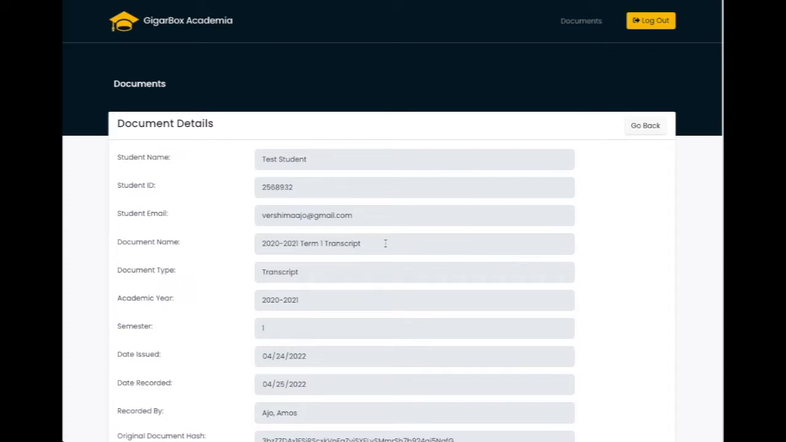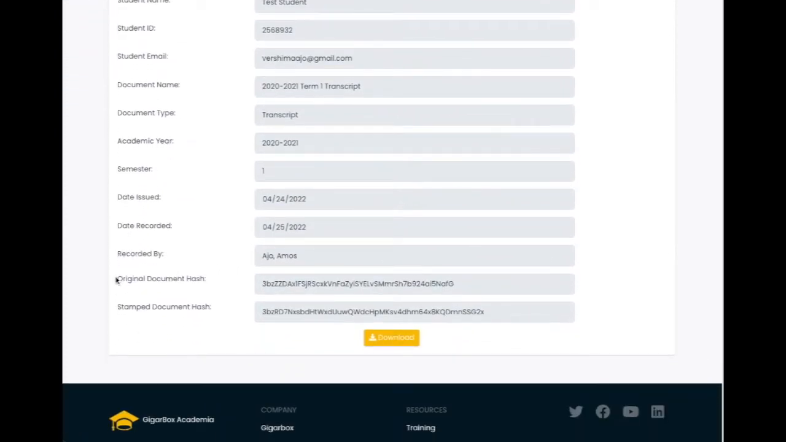So other than the metadata details of the document, which we already provided, we see two IPFS hashes, one for the original document and one for the fingerprinted document. Now, you might be wondering why these hashes don't begin with QM, and that's because we've done some scrambling of the bits of the IPFS hash, and this is to make it a bit more difficult for the document to